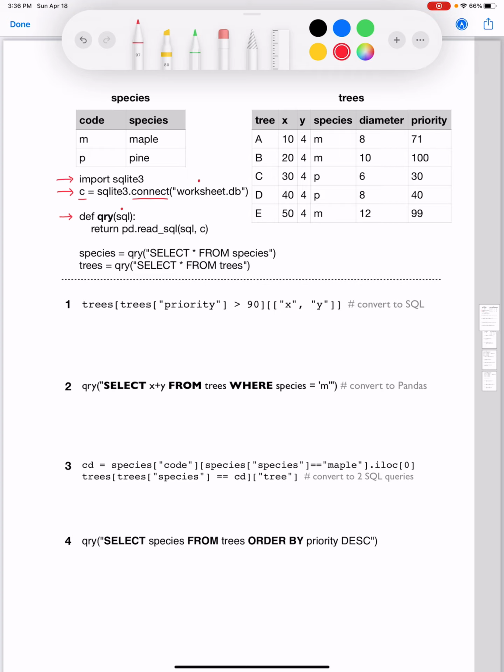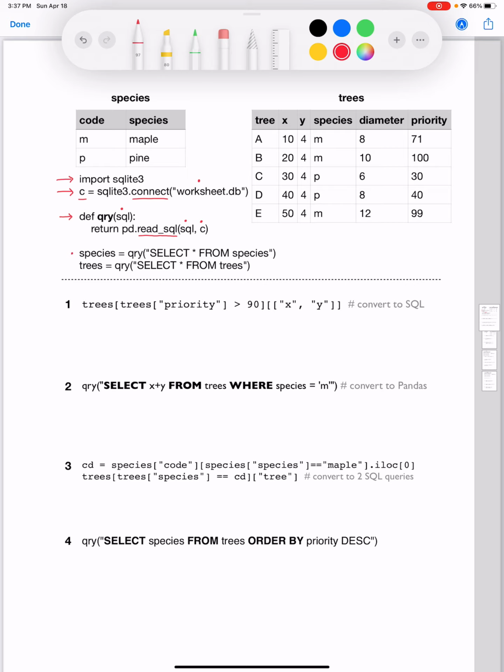We are going to execute the SQL query using the read_SQL function, which is part of the pandas module. As an argument, we are going to pass the SQL query first. The second argument is going to be the connection object instance reference. Since the variable C has global scope, I'll be able to use the variable within my QRY function here. Then I'm returning the return value of the read_SQL function.